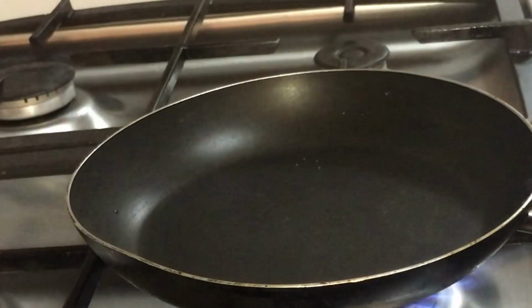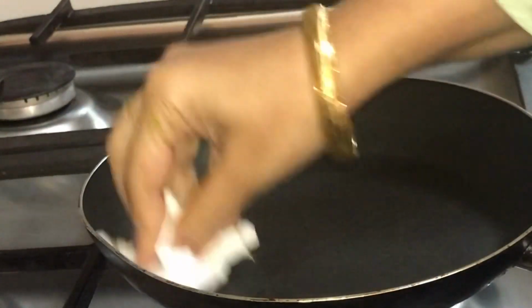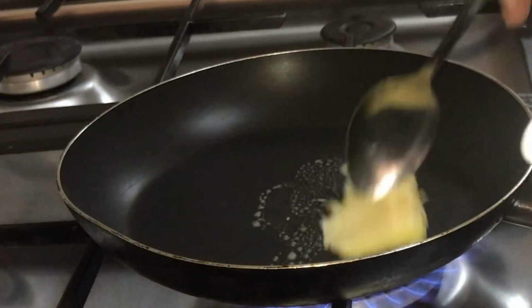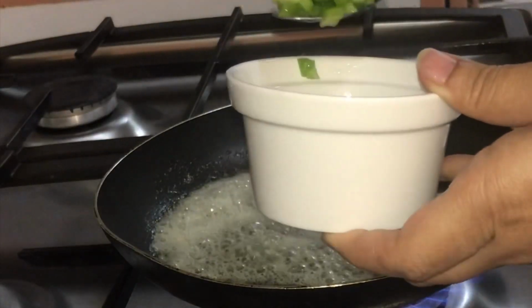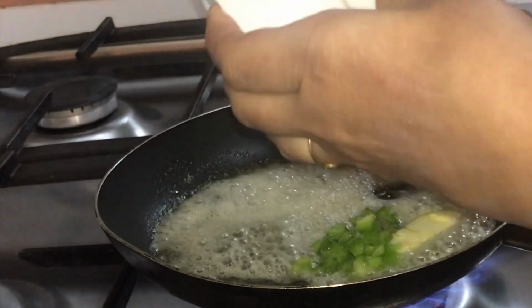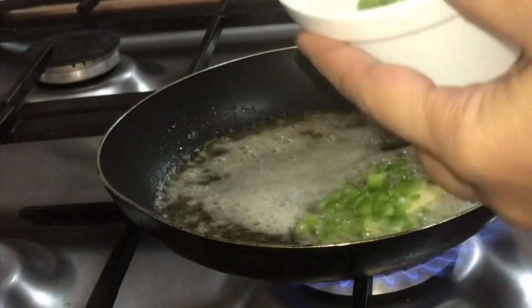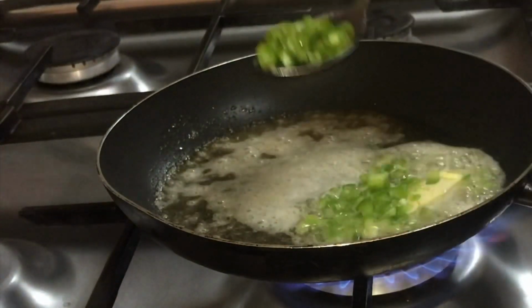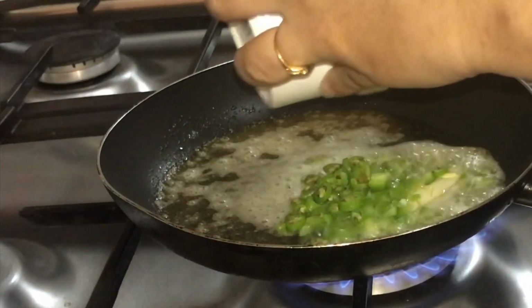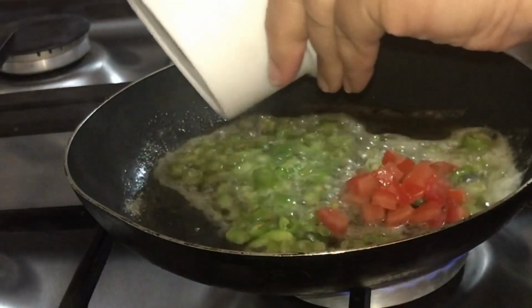Heat a pan and wipe off the excess water droplets, if any. Add in the butter and let it melt. Then add in the veggies: 1 tablespoon capsicum chopped, green chillies, 1 tablespoon, tomatoes, 1 tablespoon chopped,